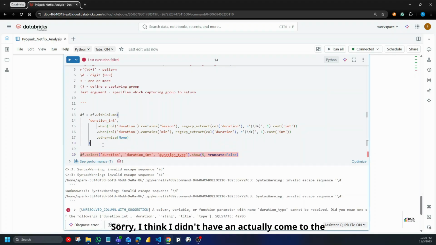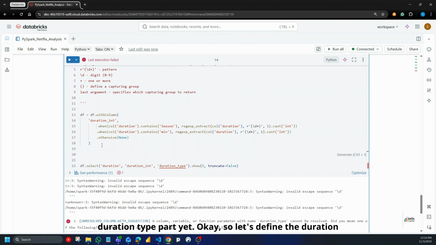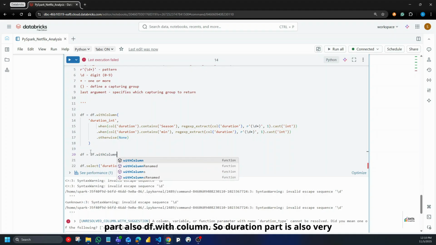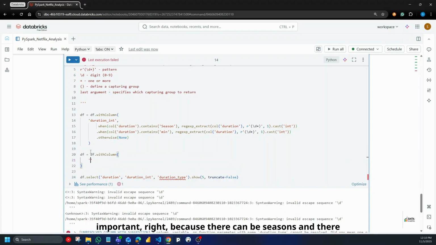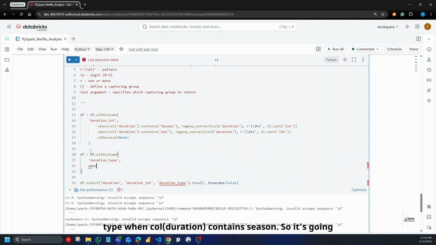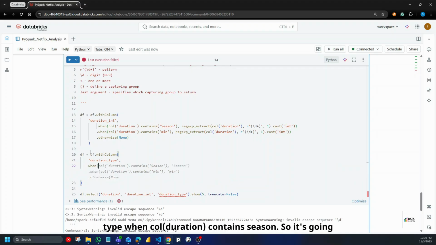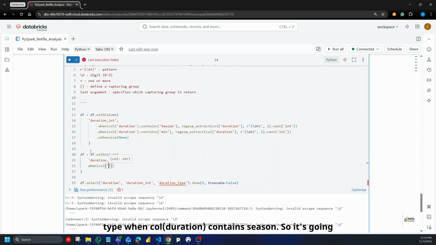Sorry, I think I haven't actually come to the duration type part yet. Okay, so let's define the duration part also. df.withColumn. So the duration type is also very important, right? Because there can be seasons and there can be minutes. So we need to specify what the type actually is. Duration type, when column duration contains